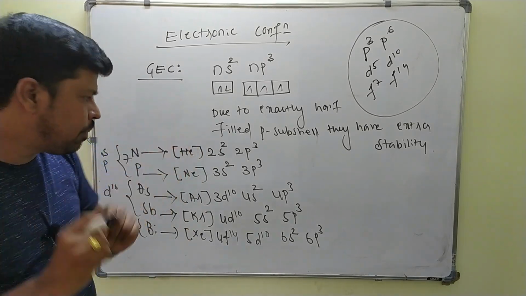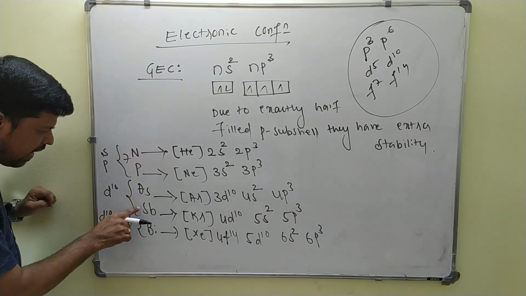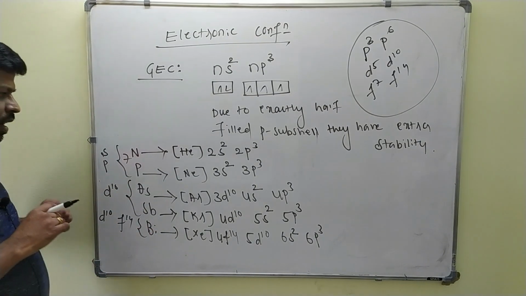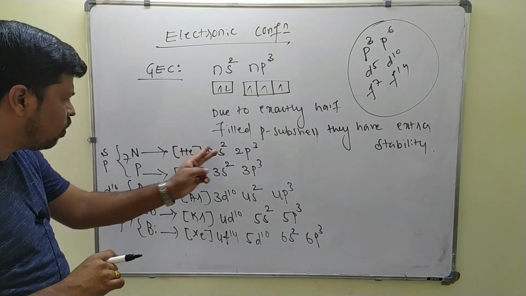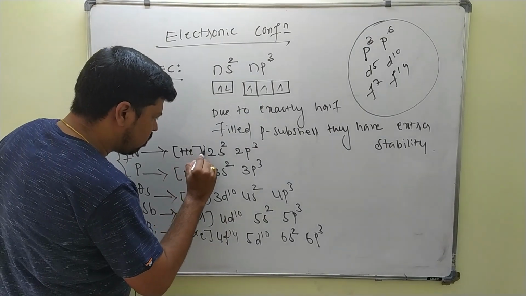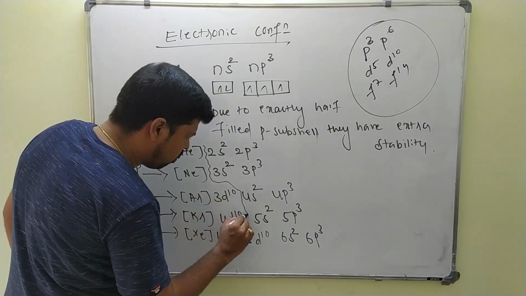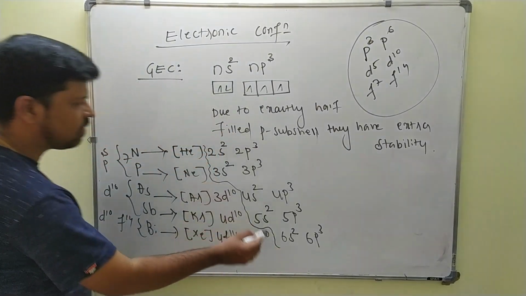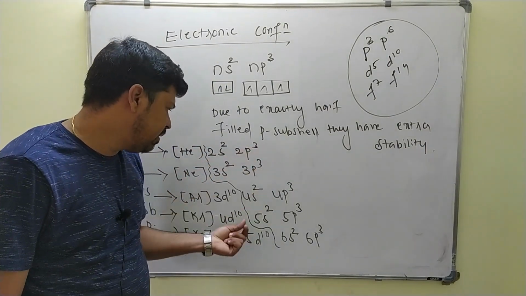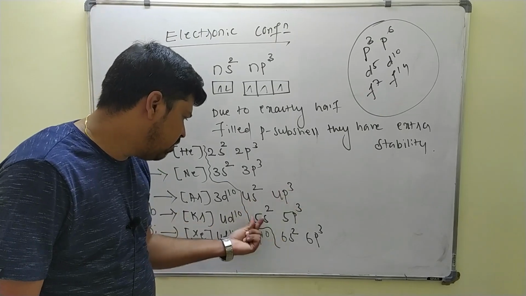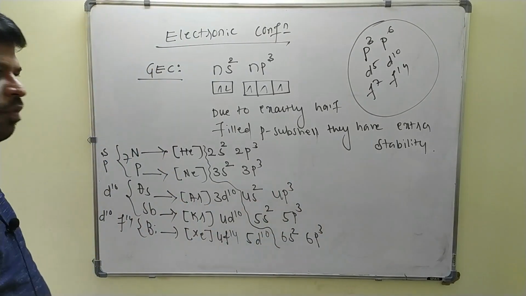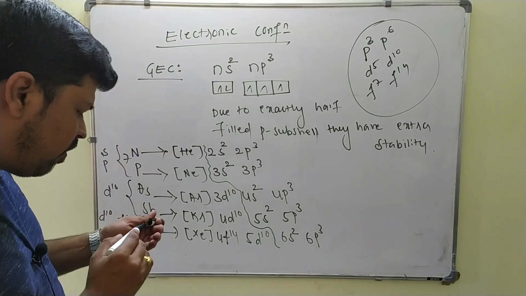Always keep in mind, arsenic, antimony and bismuth have completely filled d and f orbitals, but in case of nitrogen and phosphorus, only s and p electrons are present in the inner shell. Now, I will mark like this: all these elements have 5 valence electrons in their outermost orbit: 2s2 2p3, 3s2 3p3, next 4s2 4p3, 5s2 5p3, 6s2 6p3. This is the electronic configuration of the elements of group 15.